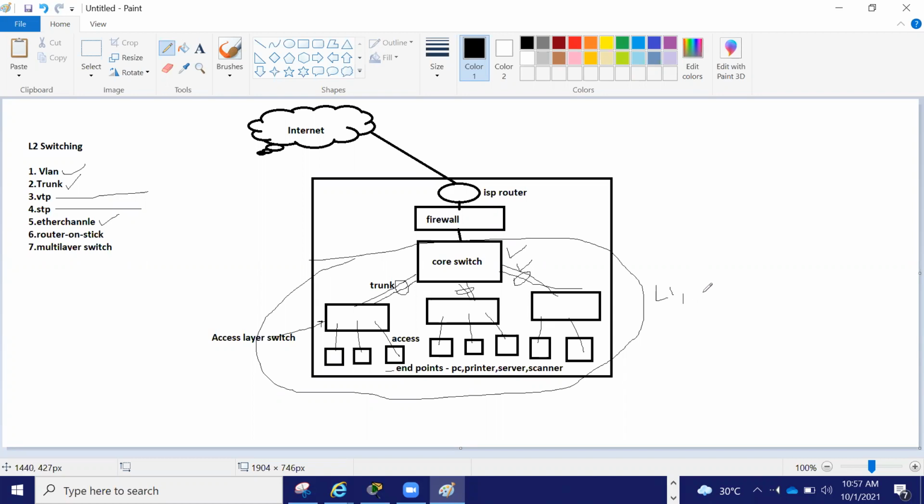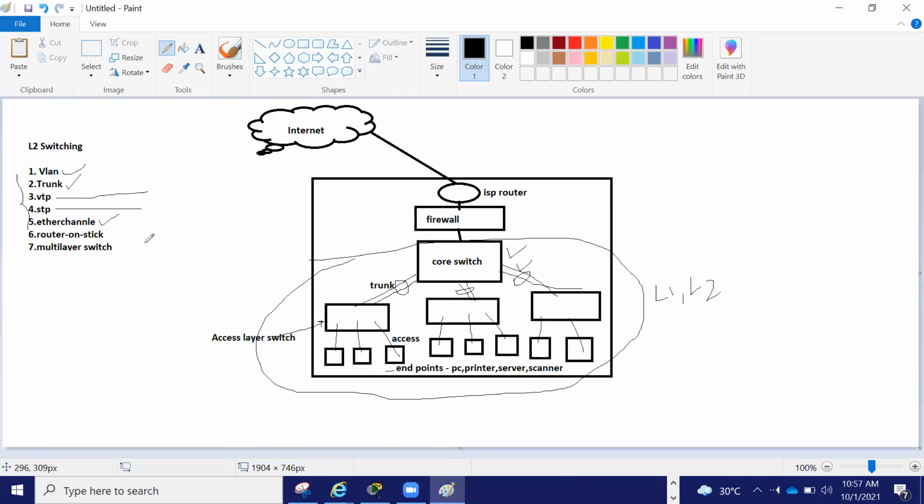What is L1? L1 is nothing but all the cables. Can you see the switching cable, trunk cable, access cable, cable from printer to here, fiber cable, copper cable, everything comes under L1. And L2 covers all the technologies like creating VLAN, trunk, VTP, STP, EtherChannel.